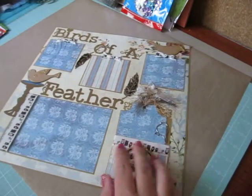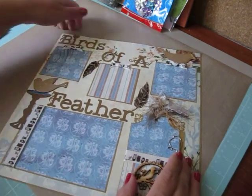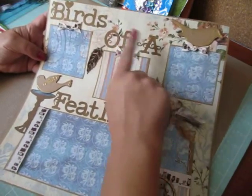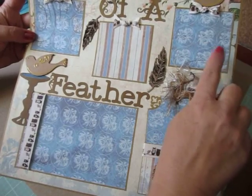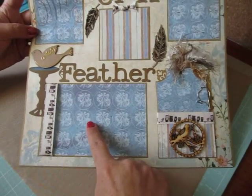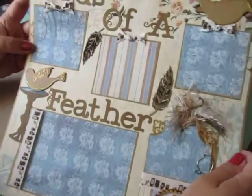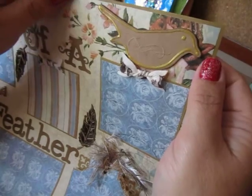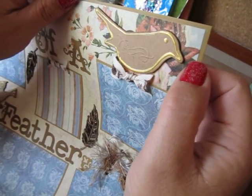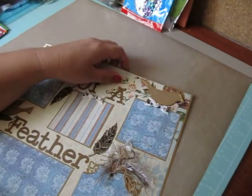And then I did another one here called Birds of a Feather, and I cut the Birds of a Feather sentiment out from my Cricut. I have 3 3x3 photo mats and one 6x4, and then I have a tag pocket here. On the birds, the chipboard birds, these were from Michael's. I had them in my stash, and if you can see the gold that I did around the edging, I used,